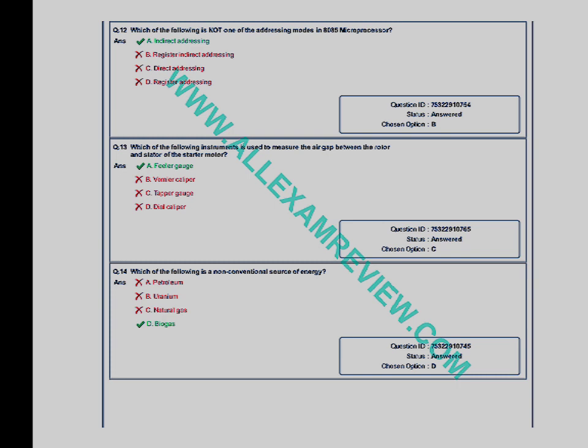And another one, which of the following instruments is used to measure the air gap between the rotor and stator of the started motor? Feeler gauge. Feeler gauge is the right answer. And then